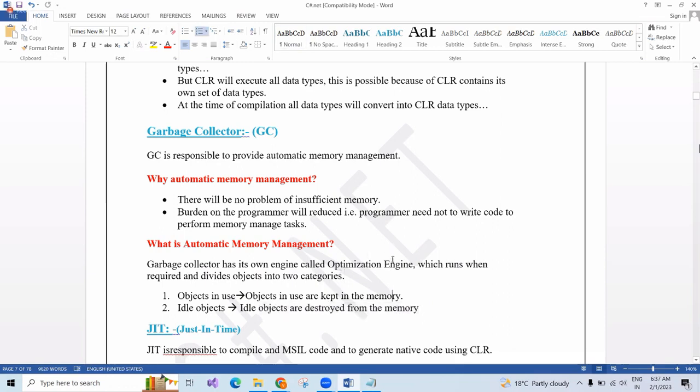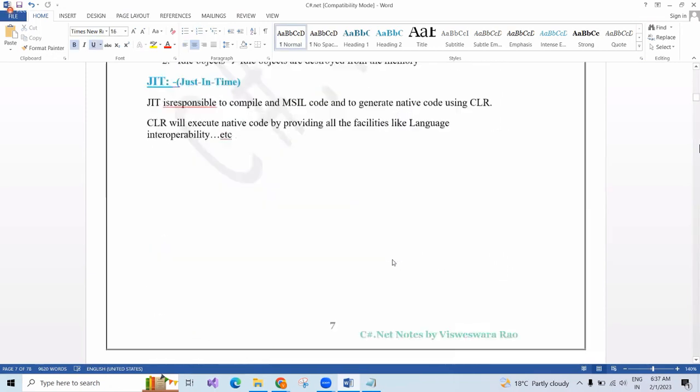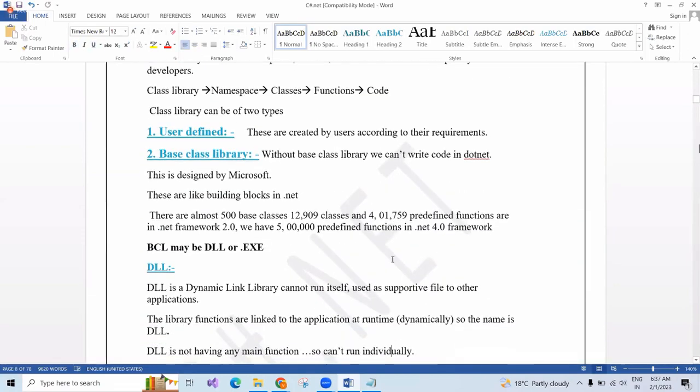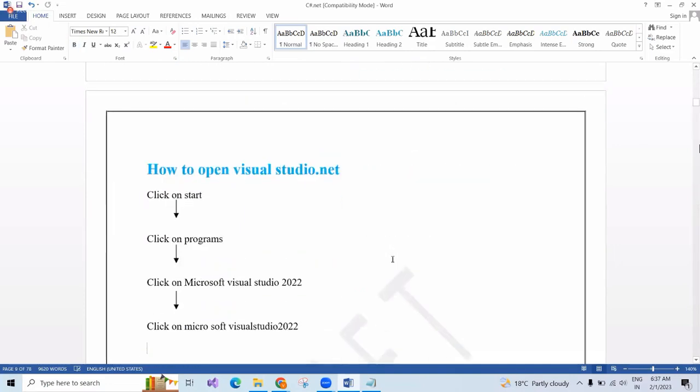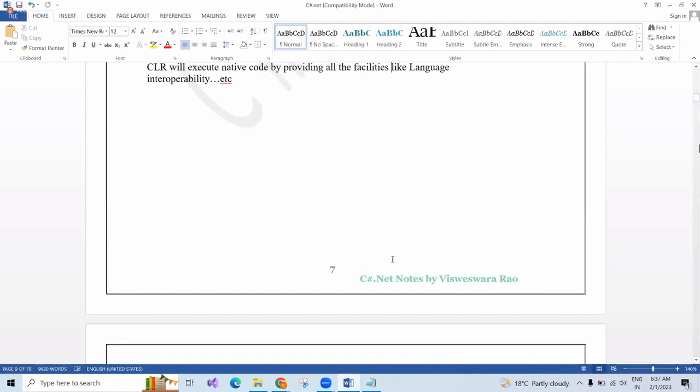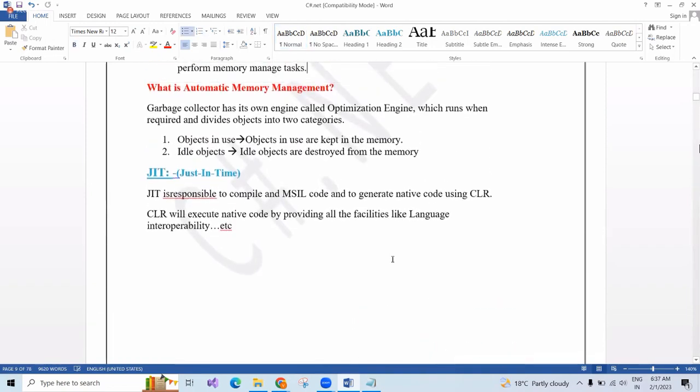Now I'm going back to our last concept in the CLR. So finally, the JIT compiler.